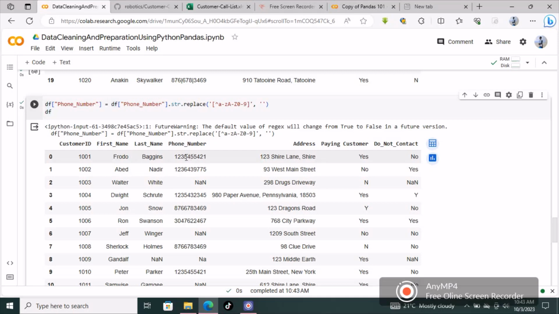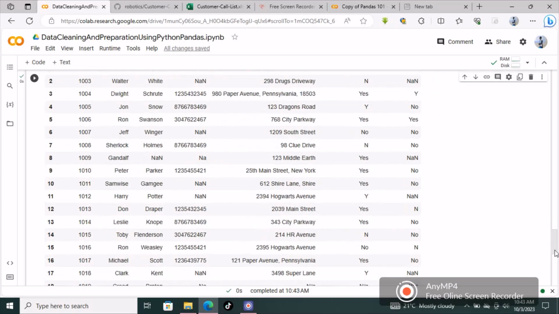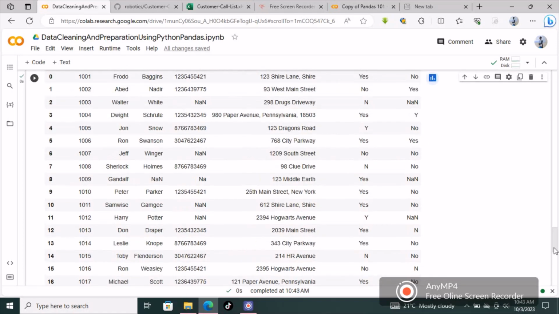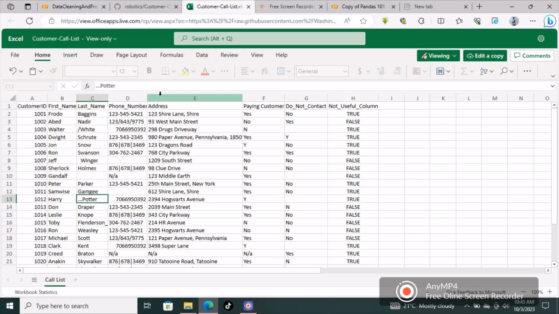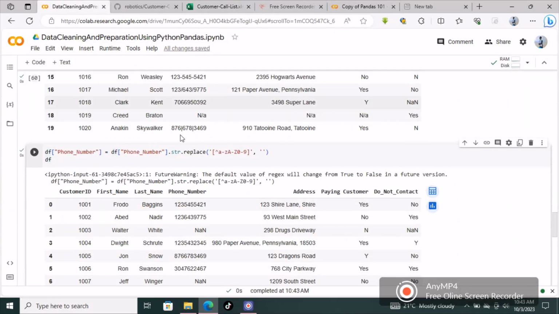Everything from A to Z lowercase, A to Z uppercase, and 0 to 9 will remain, but anything that is not within that range, we are going to replace with an empty space. So this is just a bit of regex. This one looks simple. So when we execute, you can see from the output,